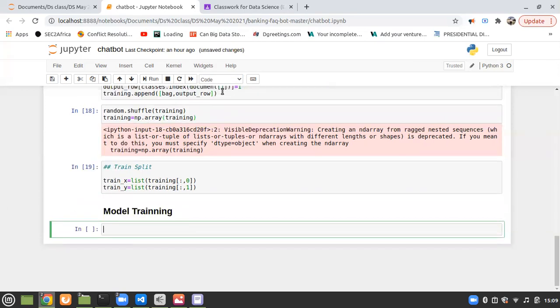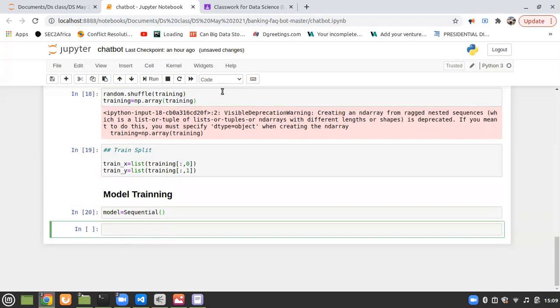So for neural networks, we know, so we'll use train, it's just similar to what we did last time. We are going to call our model. Our model, we had imported them up there, so we don't have to do that again. So we can say our model will work with sequential,